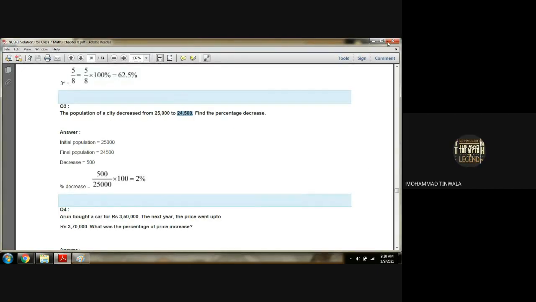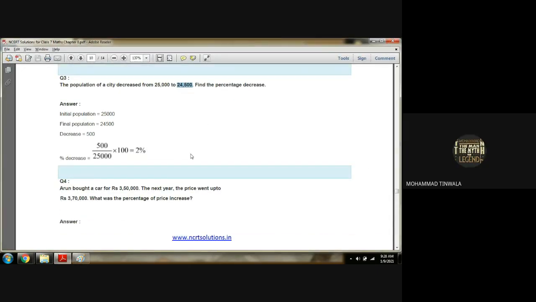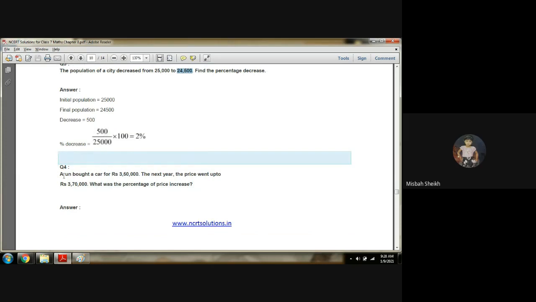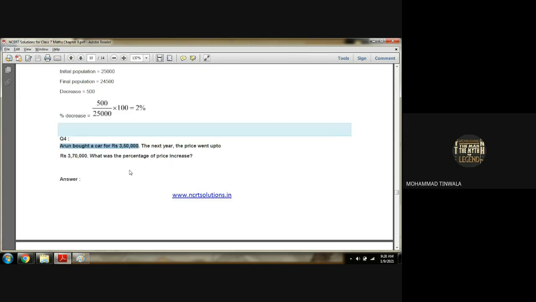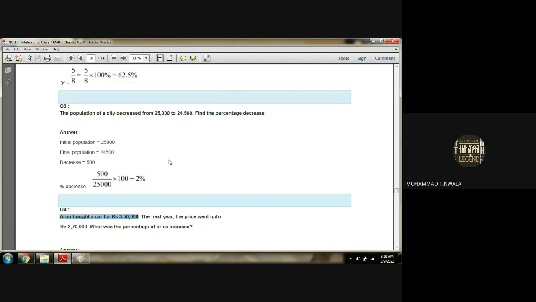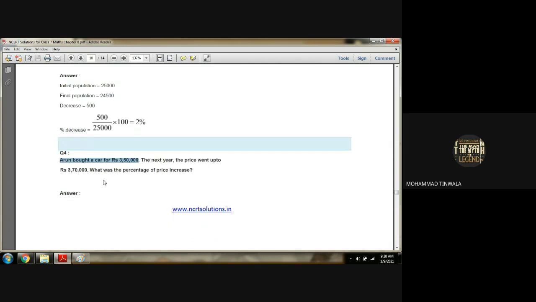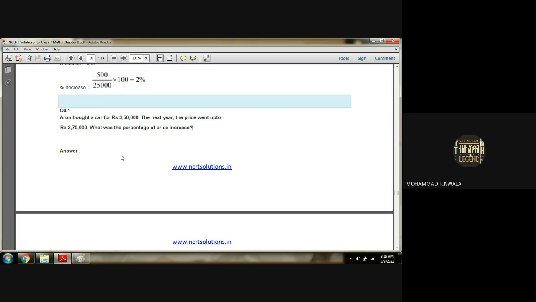Question number 4. Who will read this? Can I? Okay, do one thing. Let us complete here only up till question number 3. As our time is going up, this answer, I think, I have to explain for more than 2 minutes, so it will not be able to cover in this lecture. So we will continue with question number 4 from our next lecture.